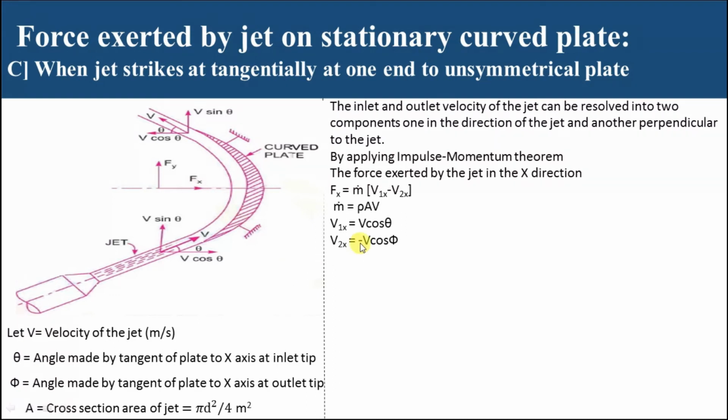After that, v2x is the component of velocity at the outlet in the x direction. So that component is minus